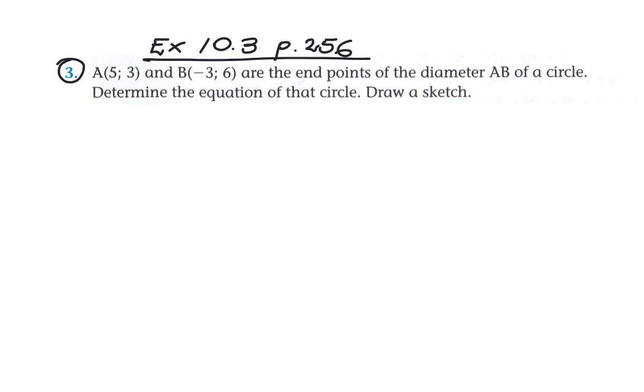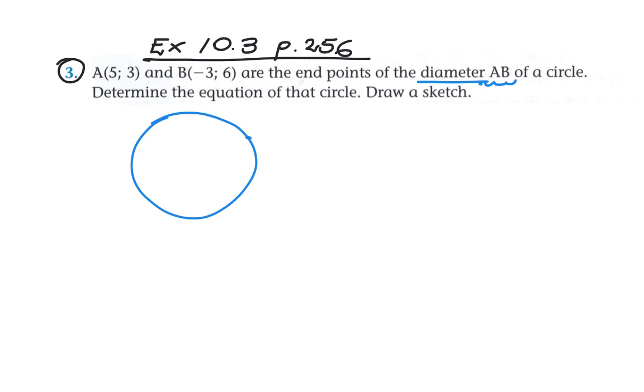And the question is that you are given 2 points, A and B, and they are the endpoints of a diameter AB. Okay, so in a previous question, we drew a chord AB. Now the diameter is obviously the longest chord of a circle. So what we're looking at is a circle with a diameter